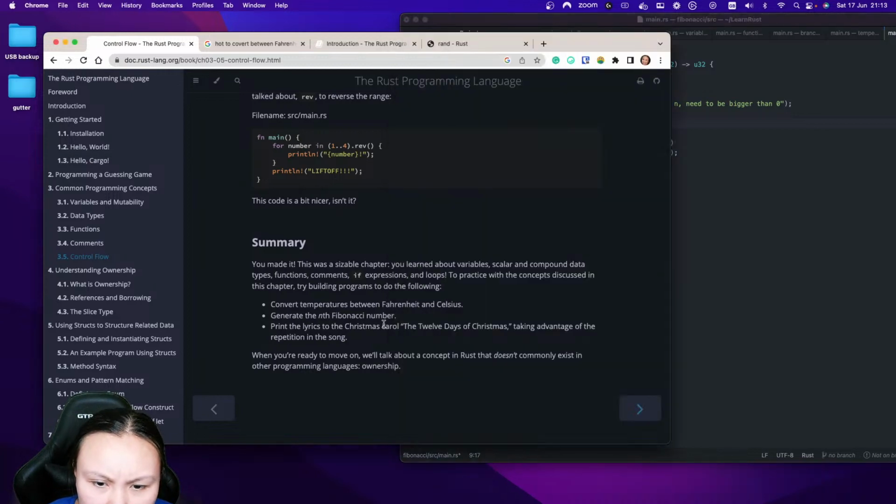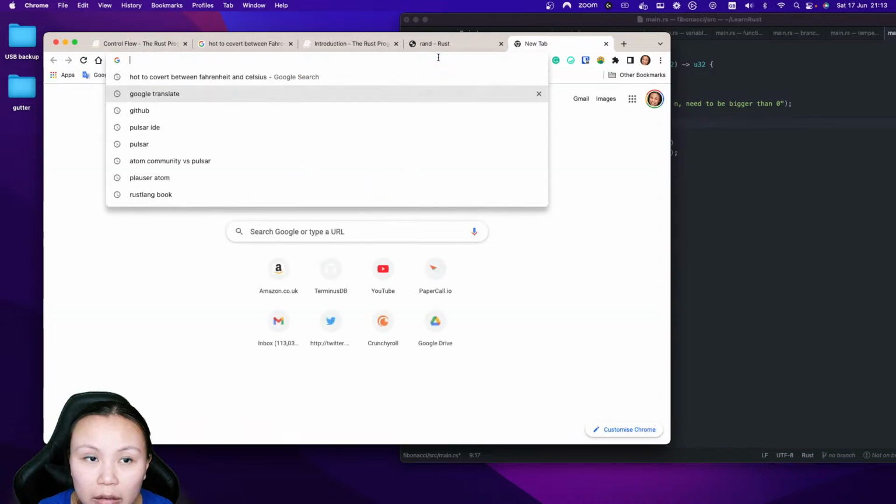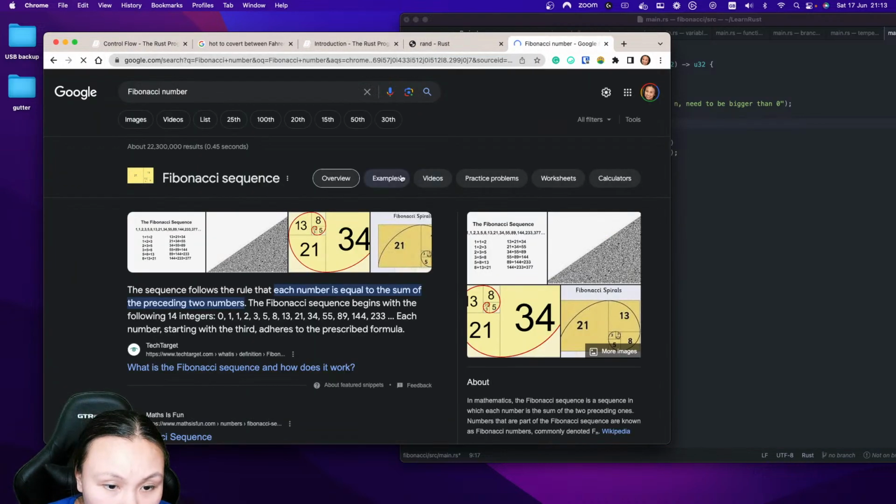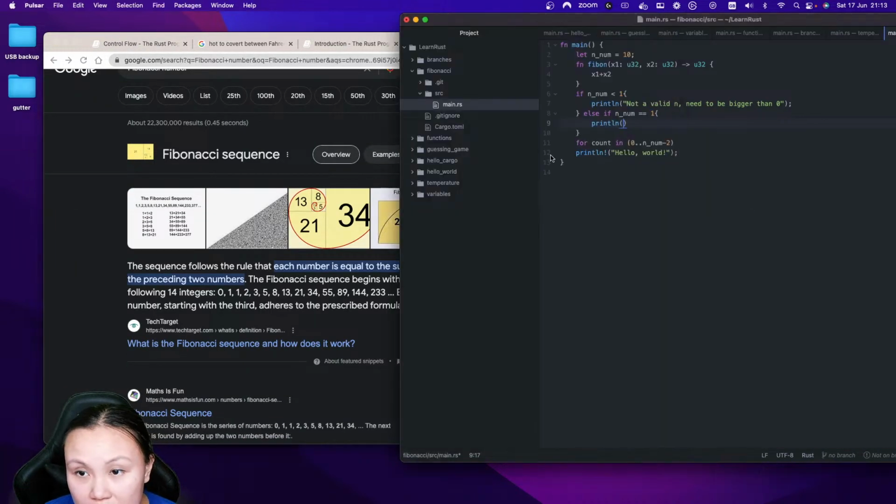How does Fibonacci number start? Fibonacci, I think it's 1 plus 1, I think. 0, 1, 1, so it will give you 0. So print out 0. I don't care, I just print out 0. Else if, so if it is equal to 2, if n is equal to 2,